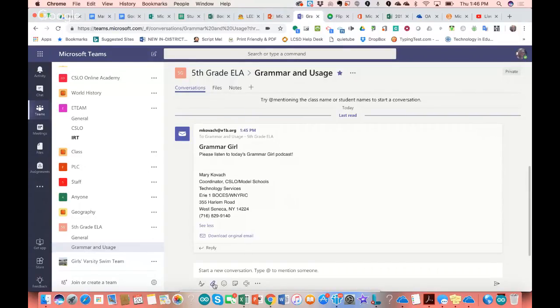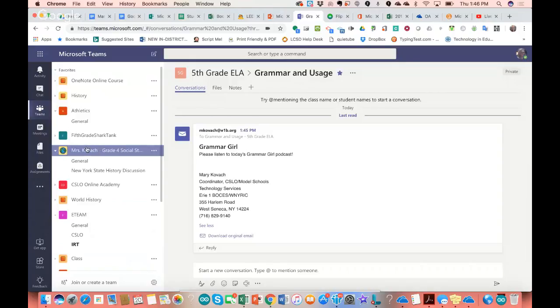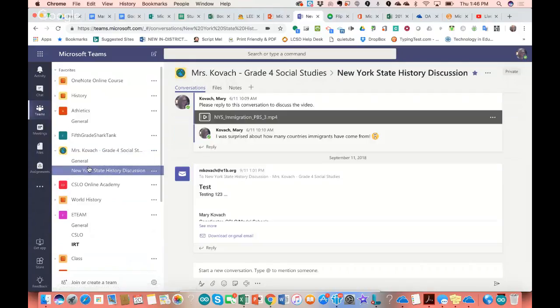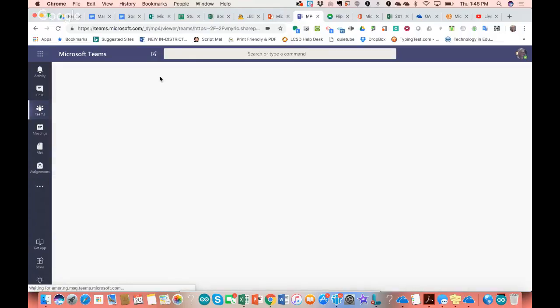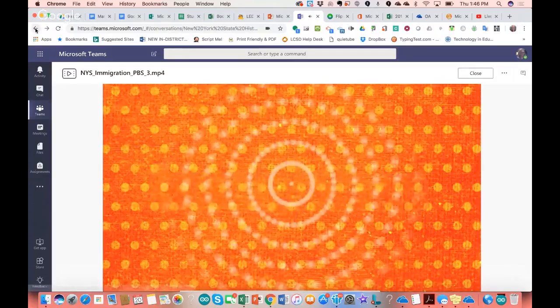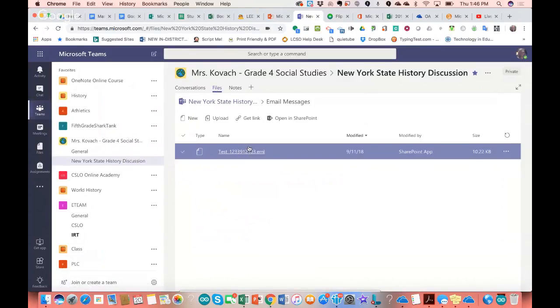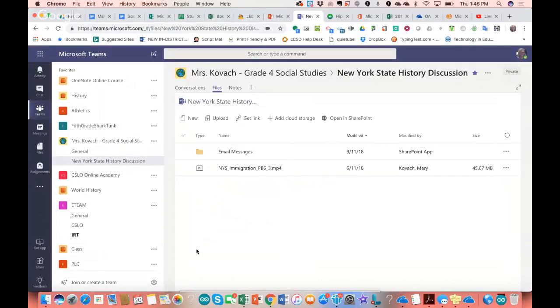Anything that you attach through files does go into your files area. So for example, if I go back to my 4th grade social studies here, and because I added this immigration video into this conversation, because you can attach a video as well, because I did that, then it also would go into the files for my team. And any email messages would go here as well. Okay, so that brings me to the next section, which is